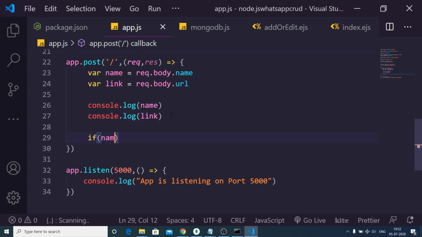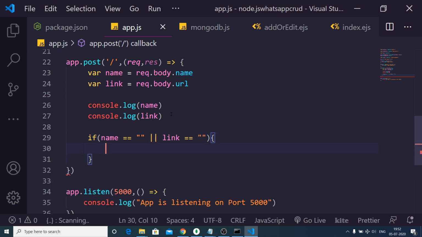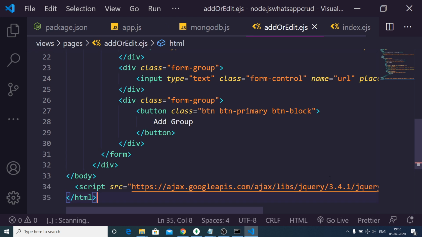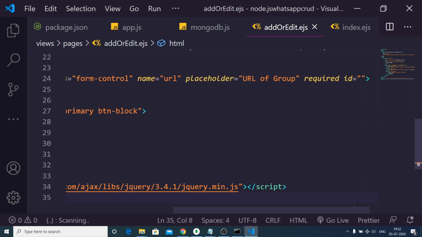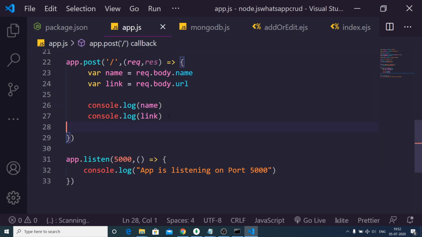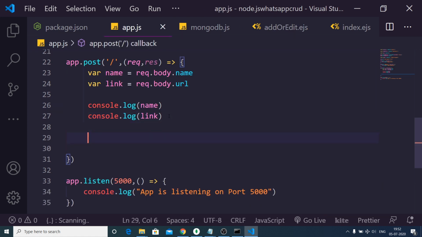If any of the fields are empty, then we can't proceed. I think the validation is handled on the client side because both the fields are required, since we have added the required attributes. So in no situation will these two values be null.